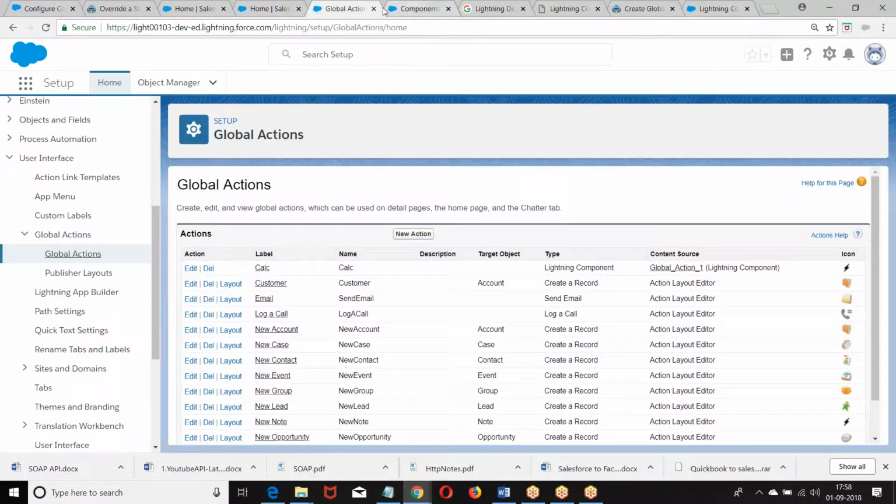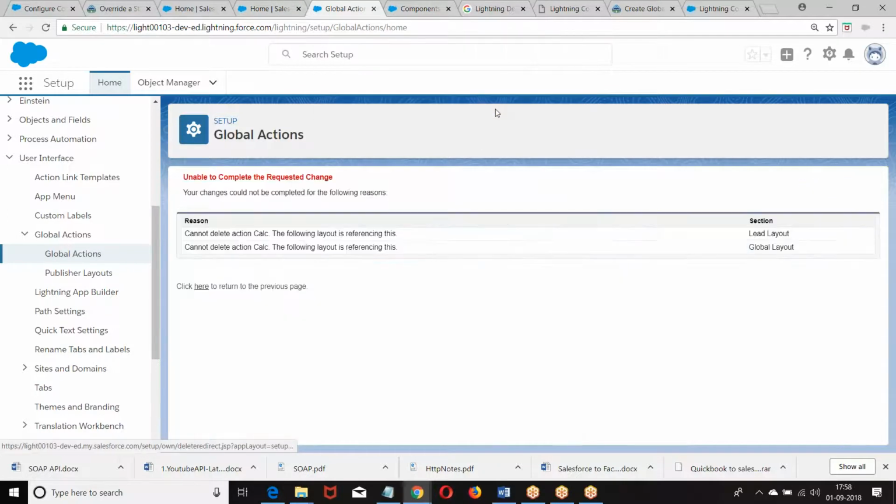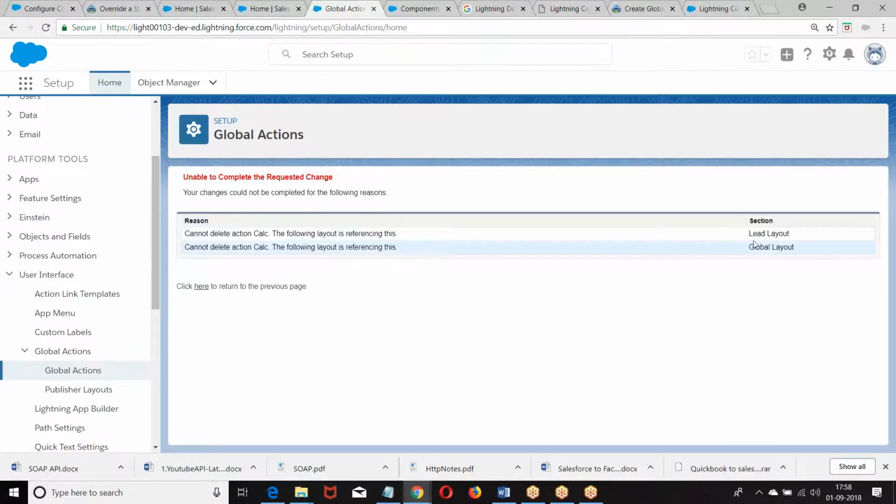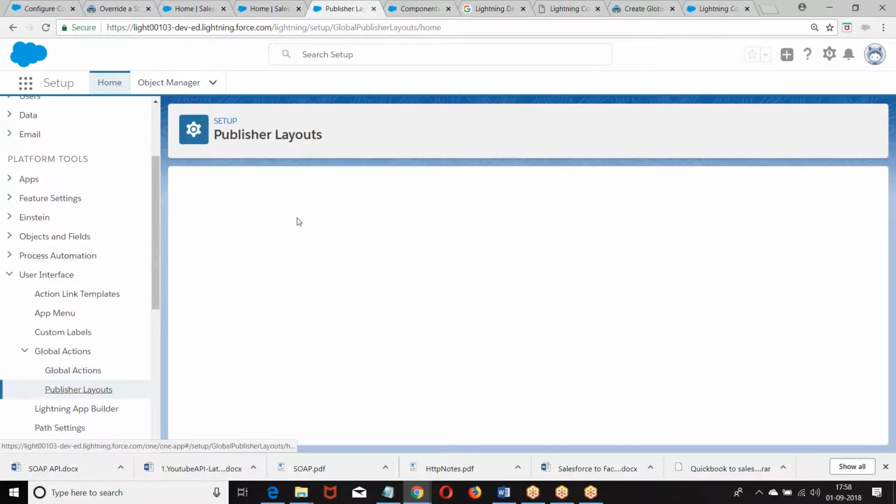So what I'm doing, go back here. Now why is it giving an error message now? Because they're added to the global actions. I need to remove from the global actions the action which is already there. If you want to delete it, remove from the global actions, edit.